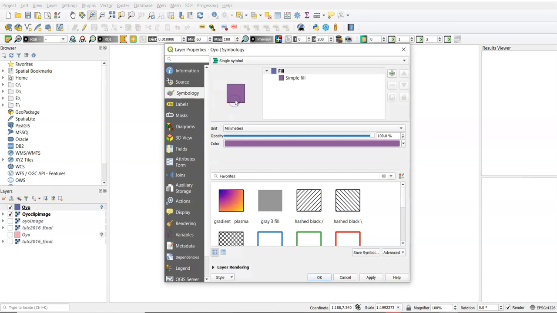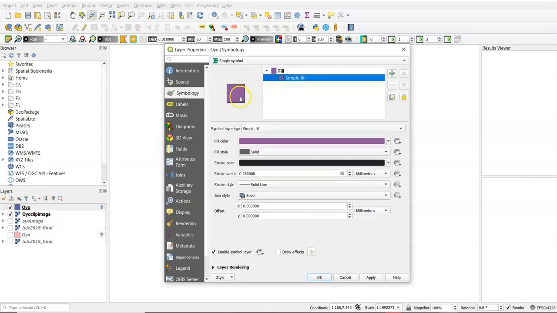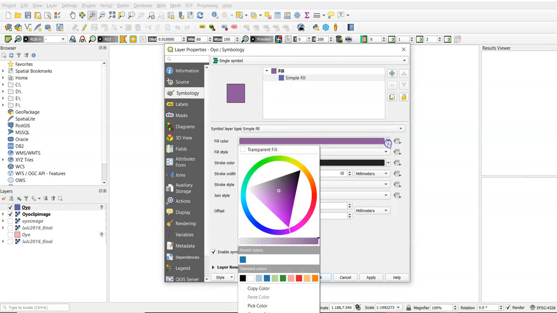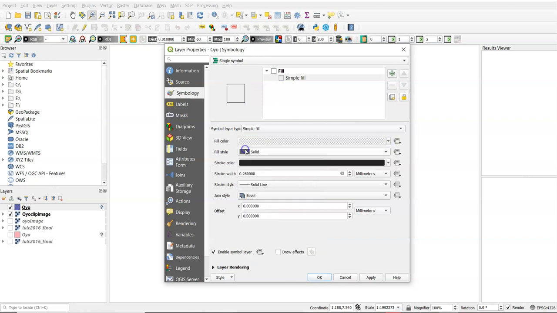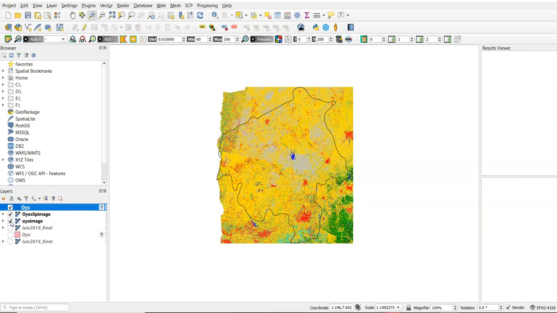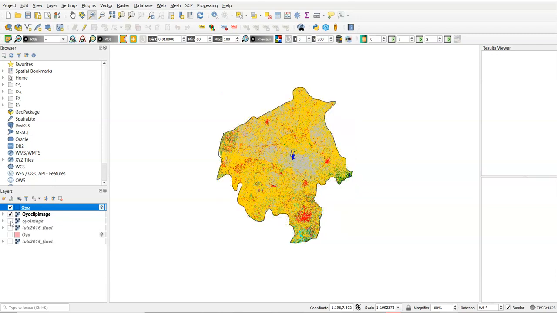You can use a different style, like no fill or transparent fill, so you can see the Oyo State boundary within the state, compared to what we have with Oyo image, which is the minimum and maximum longitude and minimum and maximum latitude.